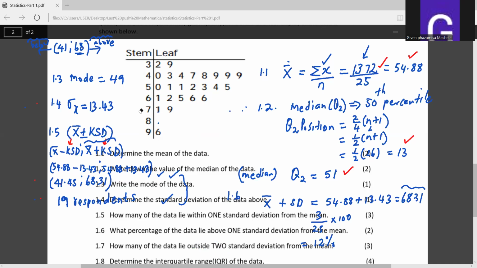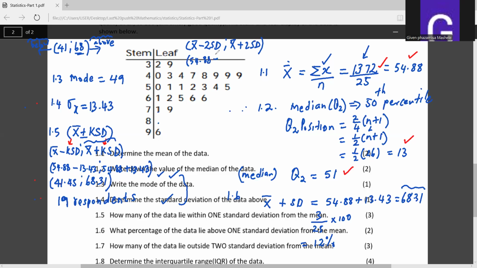So 1.7, now we want the ones that are falling either below or above. So it will be the mean minus K, K this time around is 2. So it will be the mean minus 2 SD, and the mean plus 2 SD. I believe you understand why I'm now including 2, because it says outside 2 standard deviations. What is the mean? The mean is